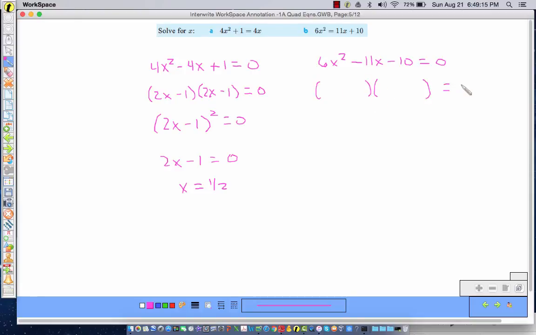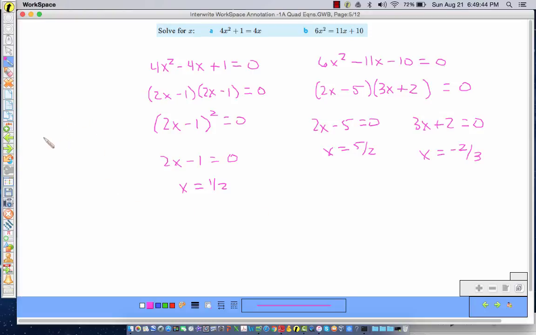You should know how to factor at this stage. This is going to be, let's see, 6x squared, so I could have a 2x and a 3x. You could split the middle term here. This is going to turn out to be minus 5 plus 2, setting them both equal to 0. x equals 5/2. 3x plus 2 equals 0. x equals negative